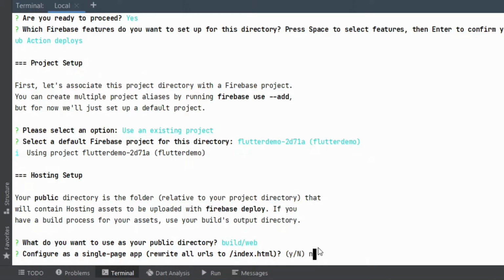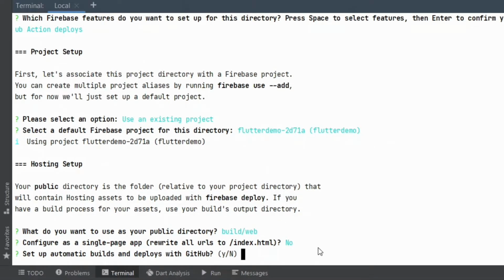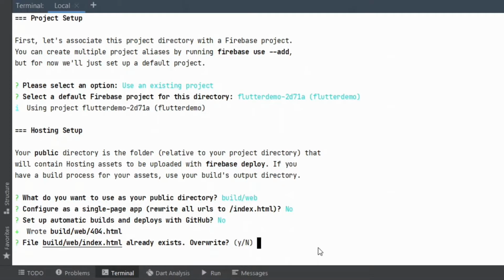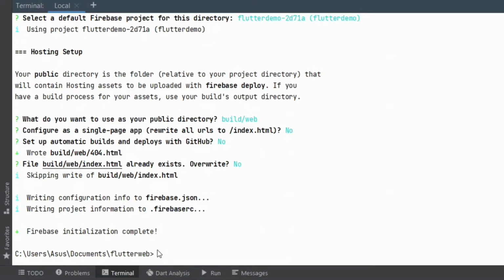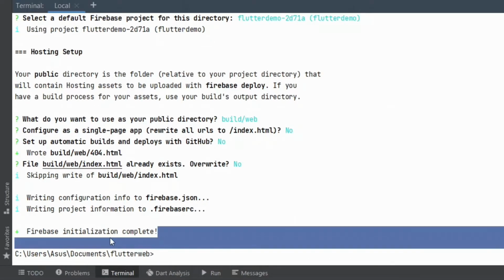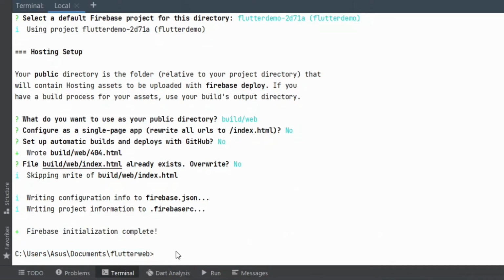So I like to say no here, because there are websites where we are using navigation and so on, so I don't want to configure it as a single page app. And set up automatic builds and deploys with GitHub, no. And it will write the 404 HTML file, it would say that file build/index.html already exists. Overwrite, no. And when this is done, it would show me Firebase initialization complete.